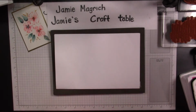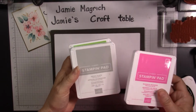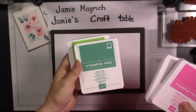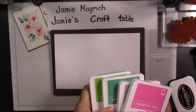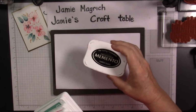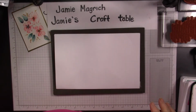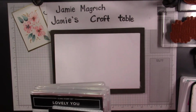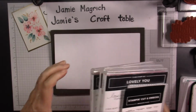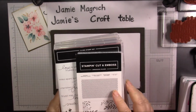So let's show you what we're going to be using. We're going to be using Magenta Madness, Smoky Slate, Just Jade, and Granny Apple Green. Now you could just pick one green if you want, that would be fine too. And Memento Tuxedo Black. Stamps, there's quite a few stamps today, just because for what I wanted, the sentiment, I wanted a big bold